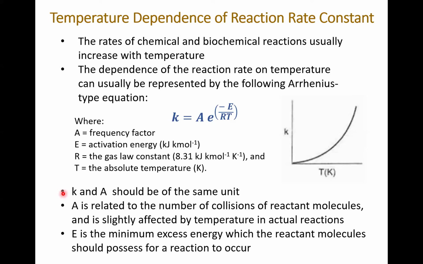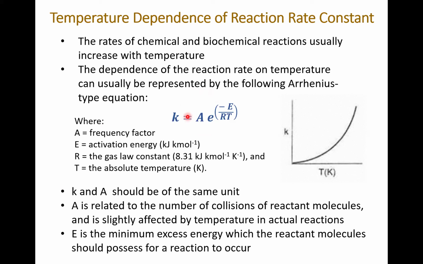So let's start here. As we know, temperature is an important factor that affects the rate of reactions, and usually the rate of chemical and biochemical reactions increases with increasing temperature. This kind of dependence of reaction rate on temperature can be modeled by the Arrhenius type of equation, in which K, the reaction rate constant,